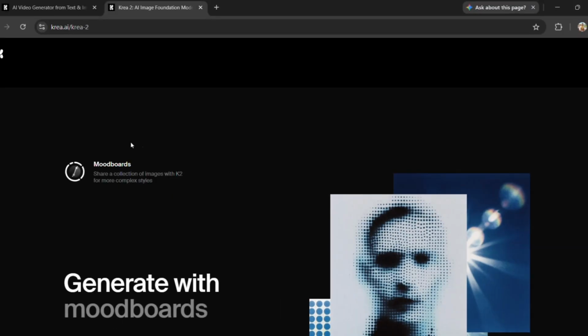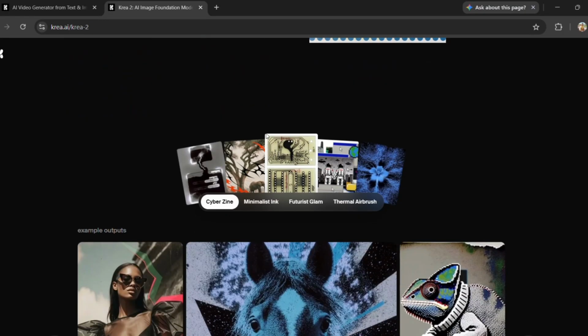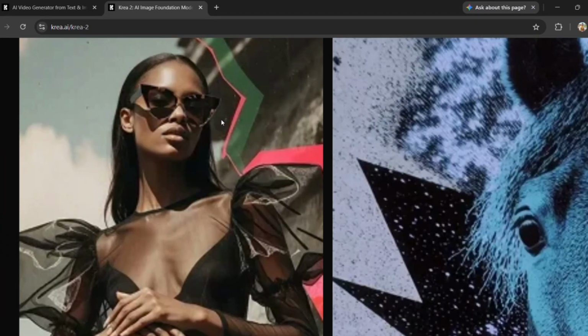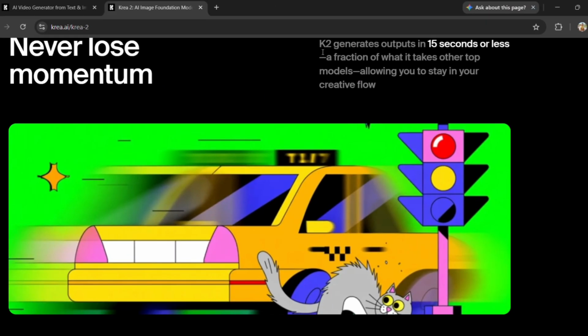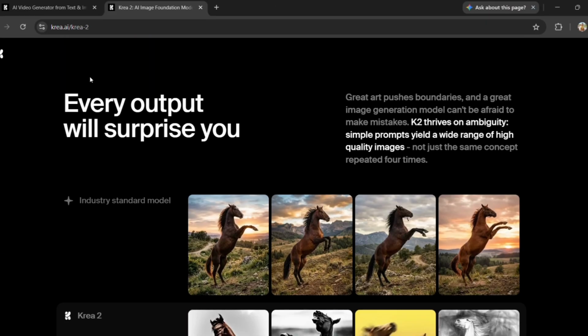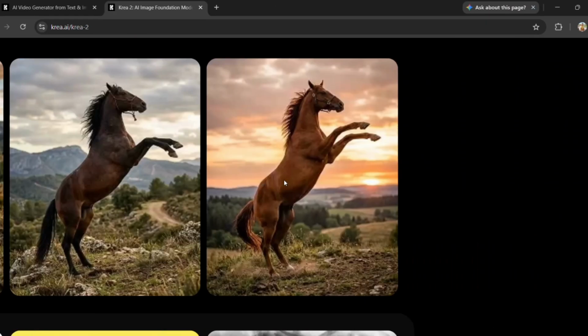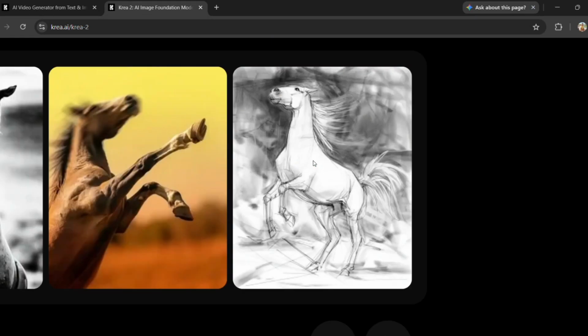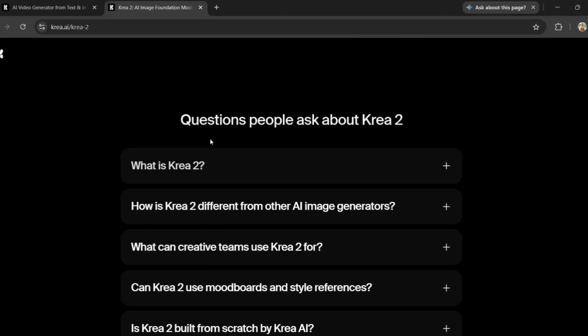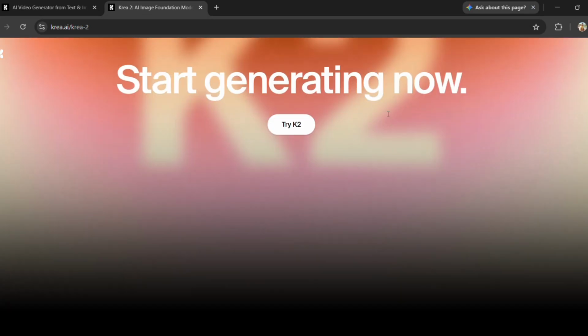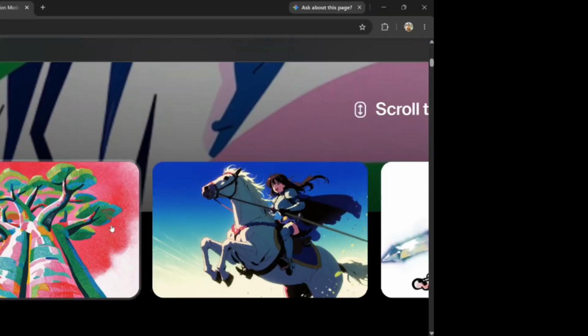You have an amazing video idea, but no camera, no expensive software, and no design skills. What if you could create cinematic AI images in just minutes that look like they were made by a professional? In this video, I'll show you exactly how to do it, from creating your account to generating stunning AI images